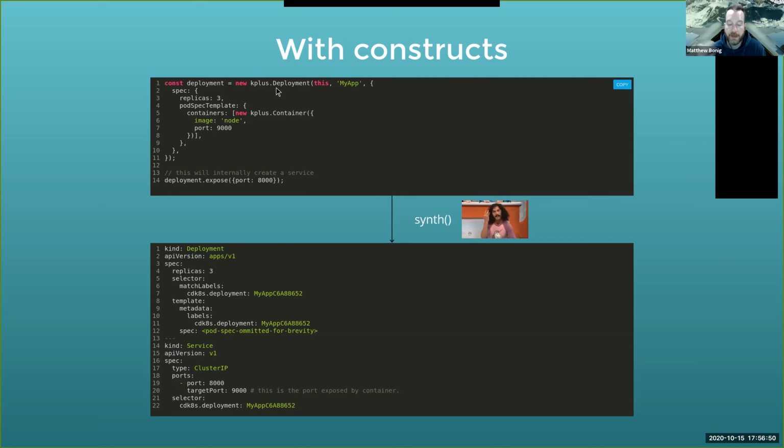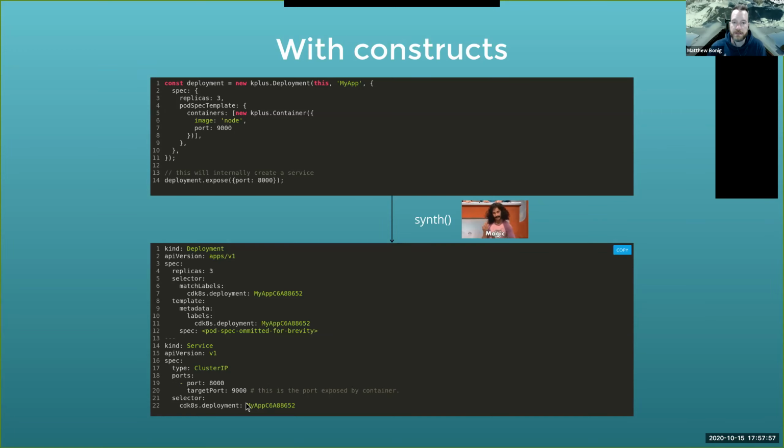Now, a big advantage to this too is that cdk8s does not have an opinion about how to deploy these resources. All it is, is a generation framework. All it's meant to do is generate out YAML. What you do with that YAML is up to you. How you fit it into your CI/CD pipeline, how you fit it into your normal routines doesn't really change, or probably doesn't change much from what you're currently doing, because most of the time at the end of the day, you're still dealing with static YAML files.